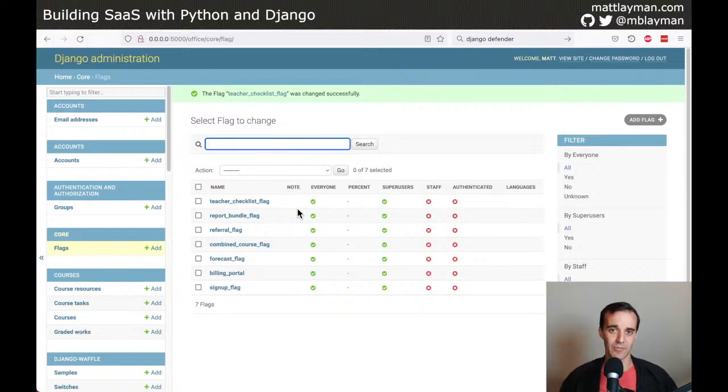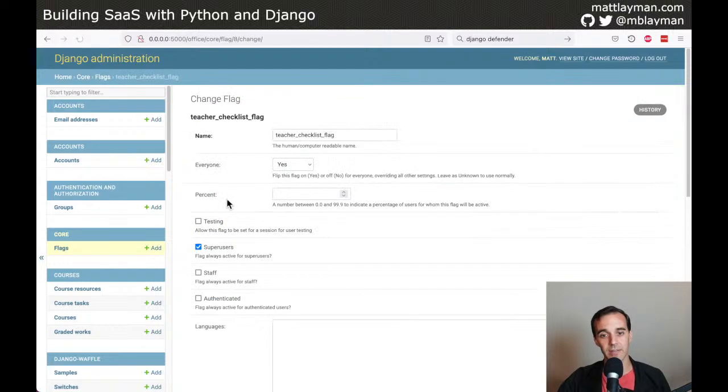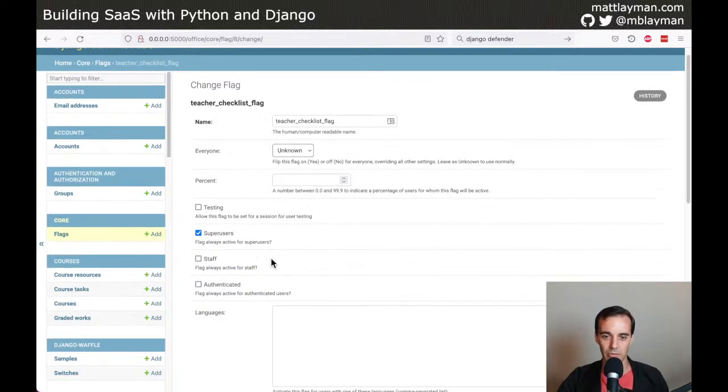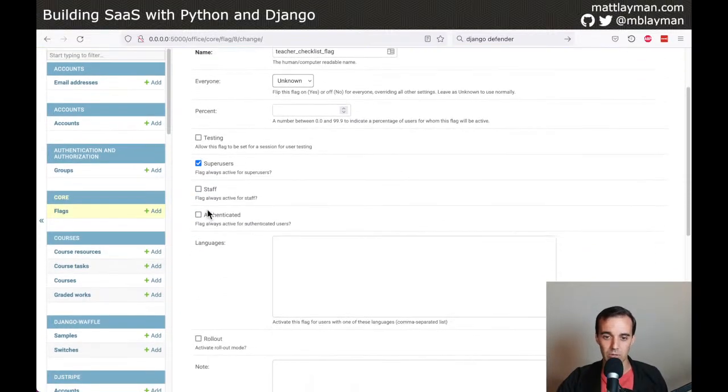What if you're not sure if you want to roll it out to everybody? There is an ability to have flags only be conditionally applied to certain users. So the flag system is aware of users, and if you come back in here and switch this, yes just means 100% on, everybody's getting the same experience. But if you set it to unknown, it's going to drop down to the next set of options and look for these other ways to do this. By default, the flag will be on for superusers, which should really only be a single account in your system, ideally. You can have staff users that could have it,